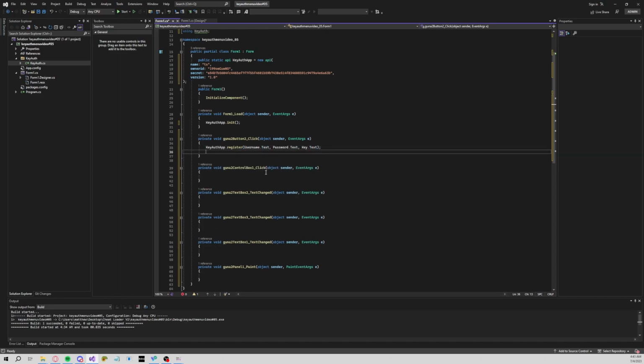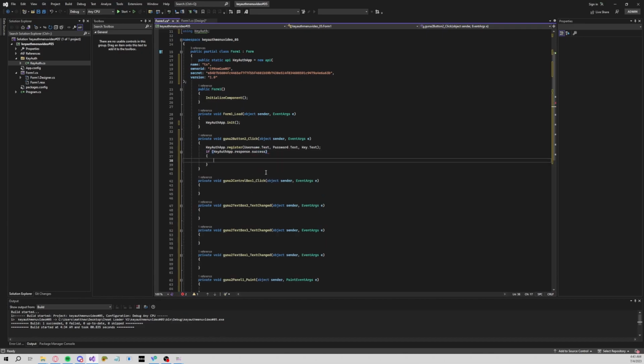Now after you have all those, you do if KeyAuth app dot response dot success. That makes it so that whenever someone registers, if the register is a success, it will run all this code